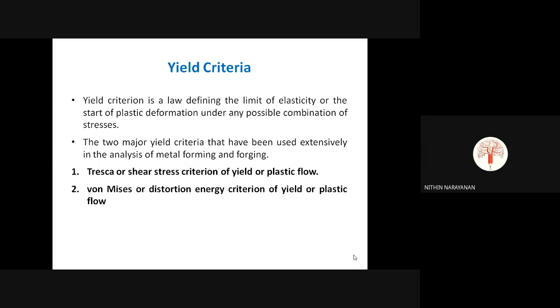There are different types of yield criteria. Okay, the two major yield criteria that have been used extensively in the analysis of metal forming and forging are,